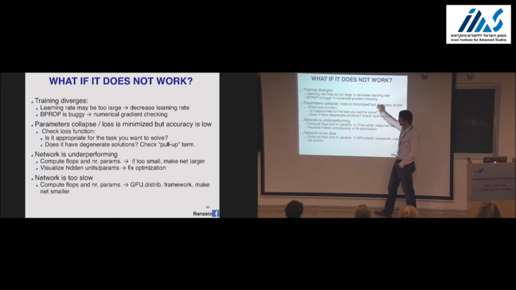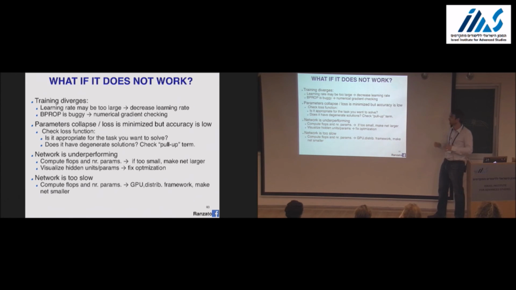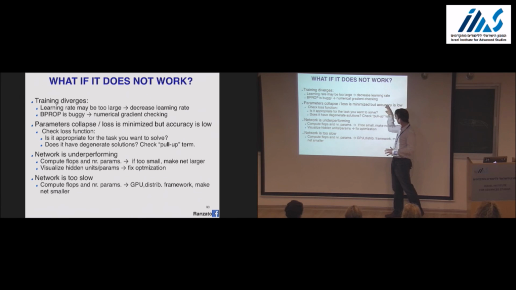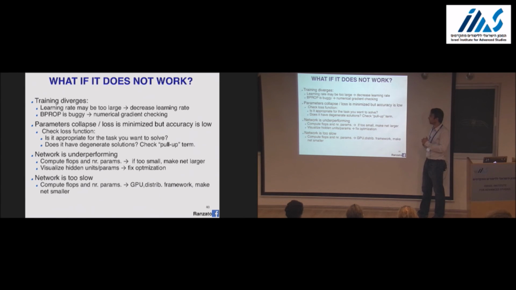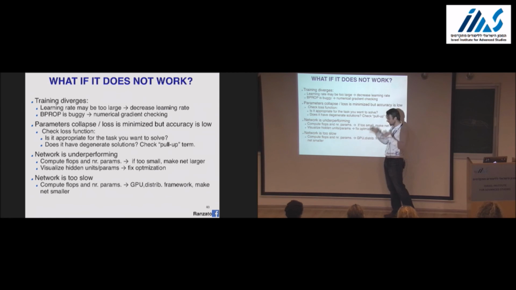If you do manage to minimize your loss, but the classification accuracy is still terrible, then you've probably got the wrong loss function. The loss function you use is often a proxy for the thing you care about, say classification accuracy. Or there's some degeneracy in it that lets it collapse to 0 while the accuracy remains poor. If your network isn't doing very well, so the training error is not going down,